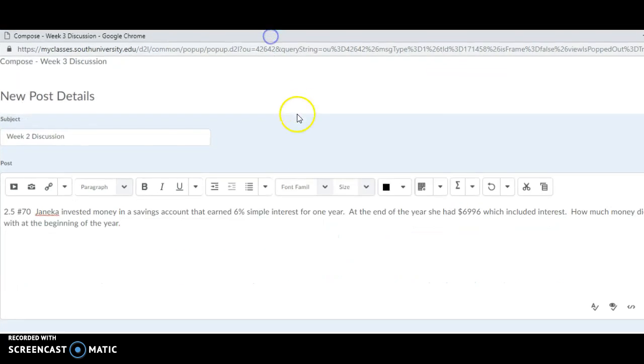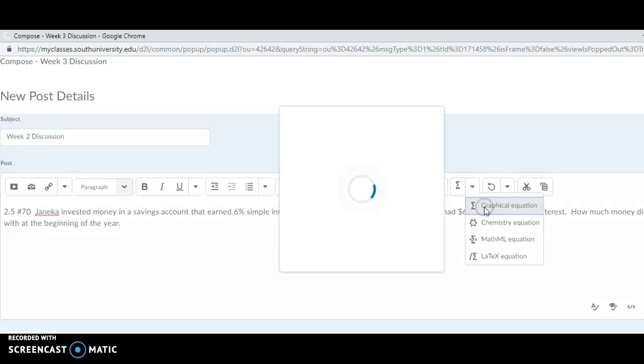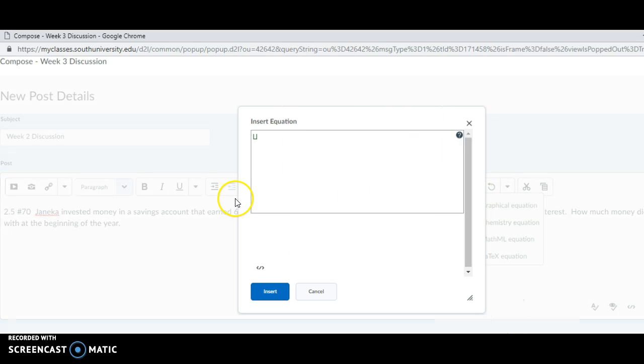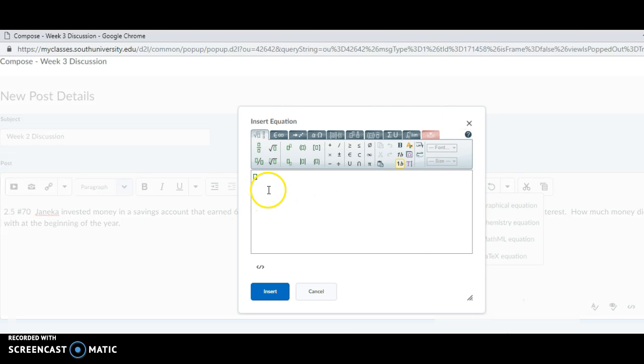I'm going to make it bigger. And then I'm going to come over here to this. This is called Sigma. It's a graphical equation editor, and click it. Now this will enable me to type easier. So now I can say, okay, I want to type x plus 0.09x. That's my interest, and 1x is what I started with. So I started with that, and then I have 9% of whatever I started with, and that equals